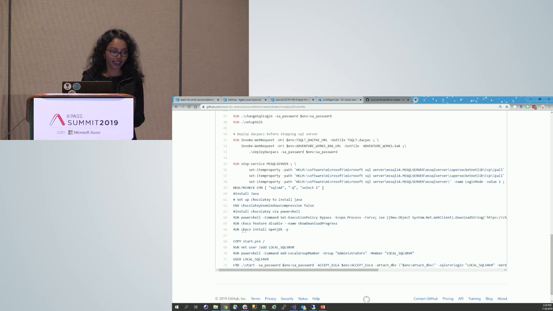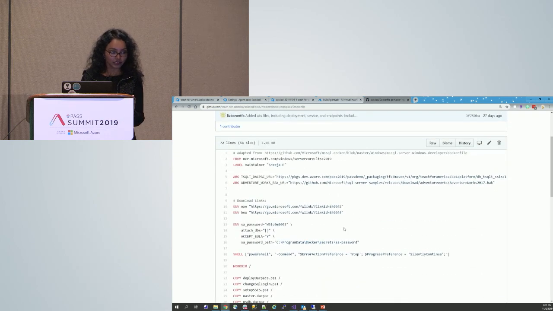manually configuring that. And here we are adding a local SQL Server user because you have an isolated environment. You can have privileges as an admin user, and it's going to be removed anyway. So developers would like to have admin privileges in the isolated environment, and that's not going to threaten anything. And in the end, this is the command to start the container when Docker brings up the container.